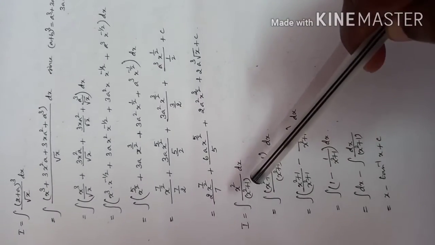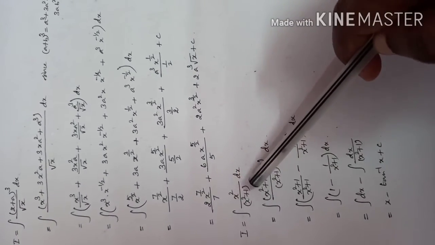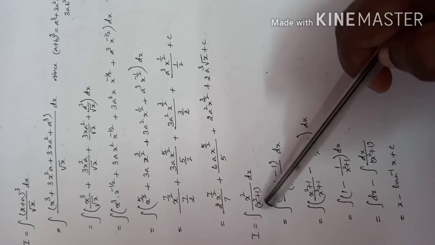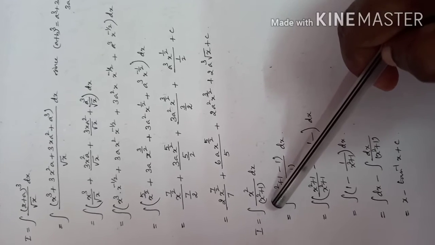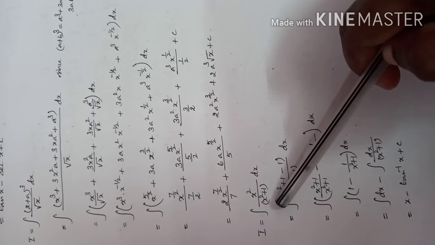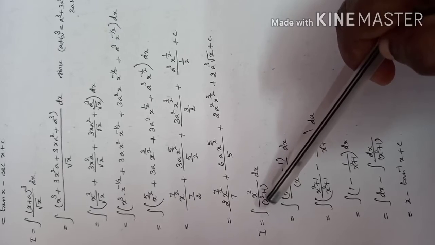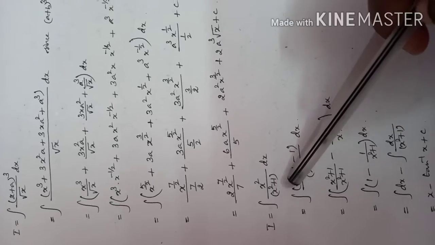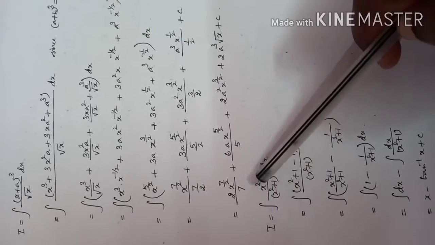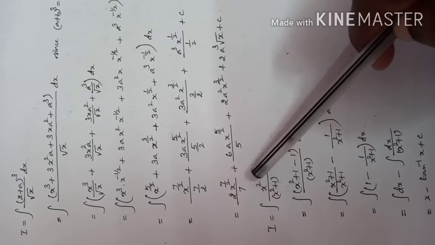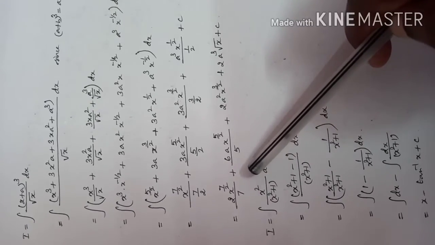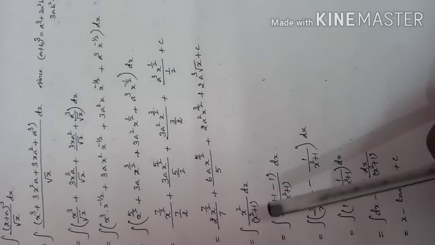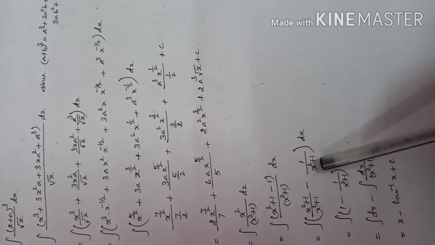Let us see another problem. It is the integral of x square by x square plus 1 dx. So it is very easy. I already told you, when you keep on practicing, definitely you will come to know how to solve this problem. Here, since the denominator has x square plus 1, let us try to have plus 1 in the numerator. So in order to have plus 1 in the numerator, let us add and subtract 1, and hence separate the terms: x square plus 1 as one term and 1 as another term.